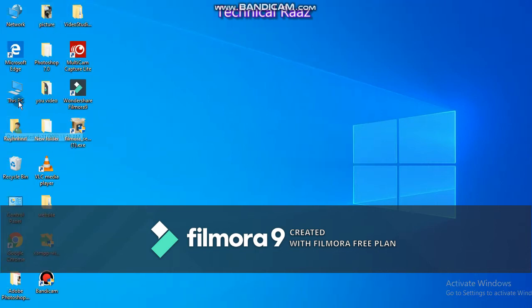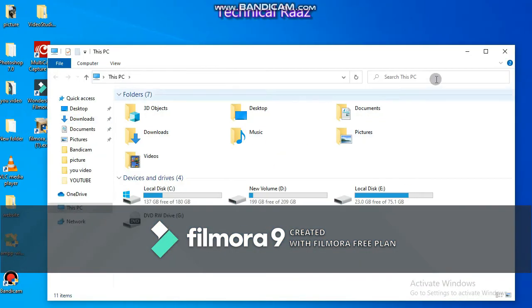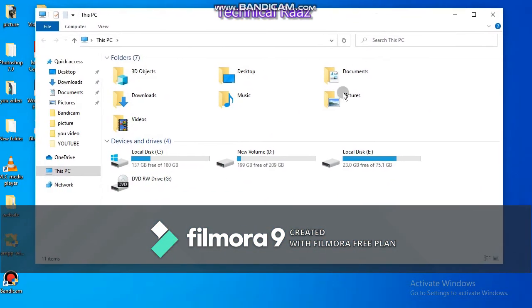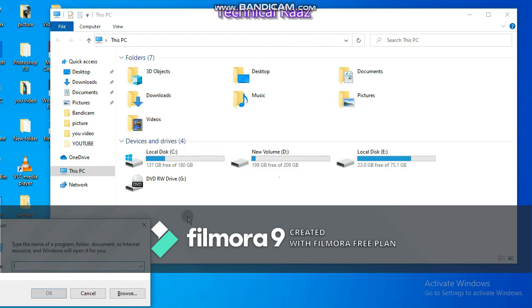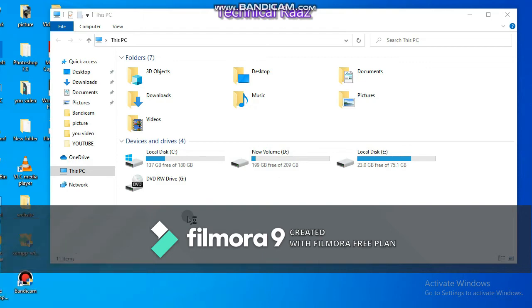The next trick is about going into your PC, your computer. If you want to hide this drive or any of the drives, then press Windows R, and type gpedit.msc, then click enter.